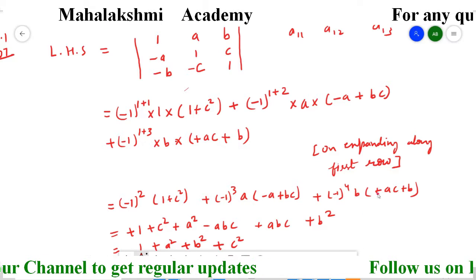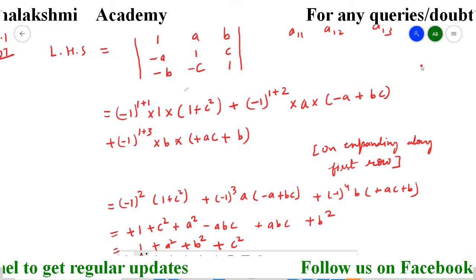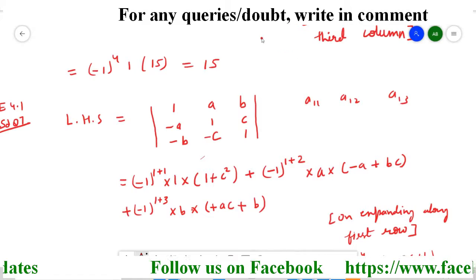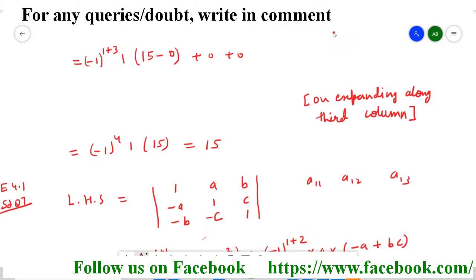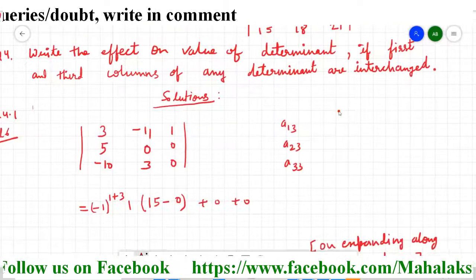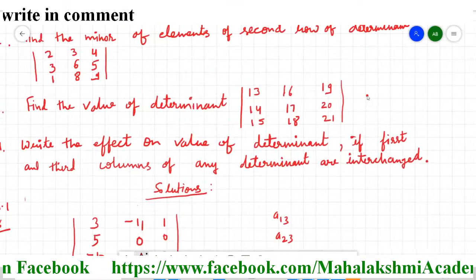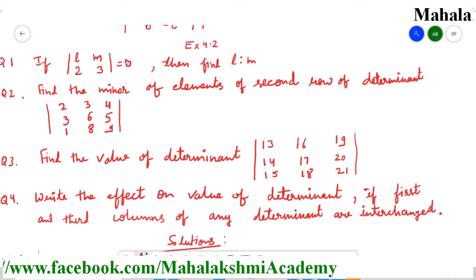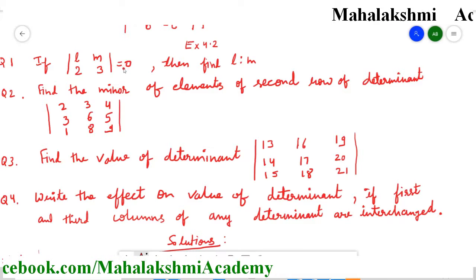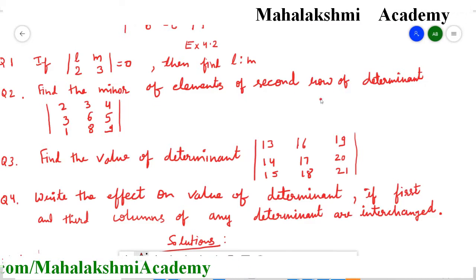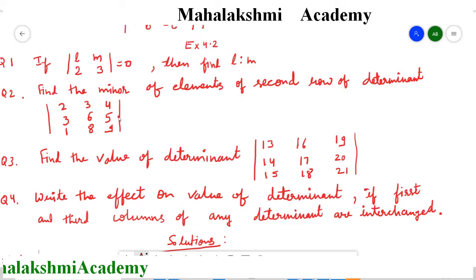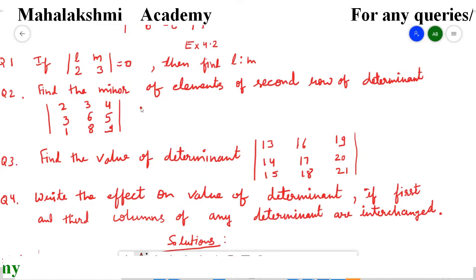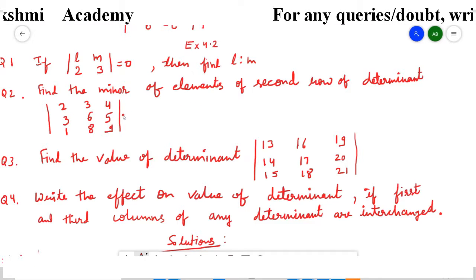Now we'll move to some easy ones. In your syllabus only 4.1 is there, but some questions are present in the 4.2 exercise, which are parts of the exercise 4.1 concept. So those questions we are going to do now. So in 4.2 you have to find out only the ratios, and this we already had in the exercise, so you can do. And then minor of the second row you have to calculate. This same question we had in exercise 4.1 also, and there I taught you. So you again just try by yourself, and if you are having problems you just ask me.